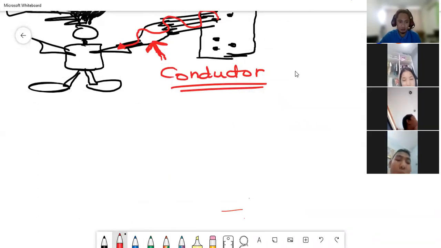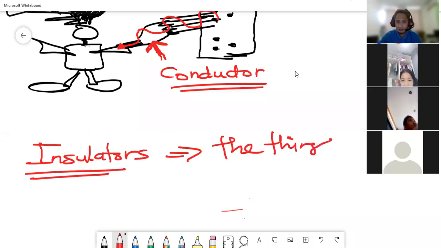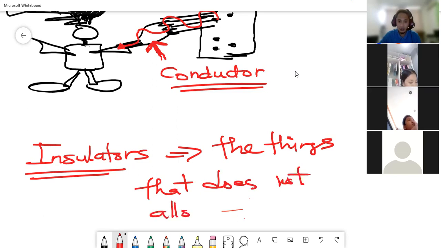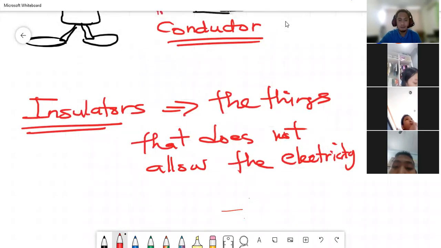Insulators are the things that do not allow the electricity to flow. Electricity to flow, no? Meaning,